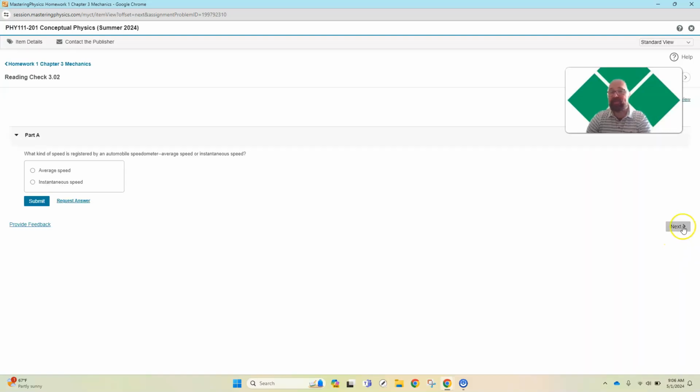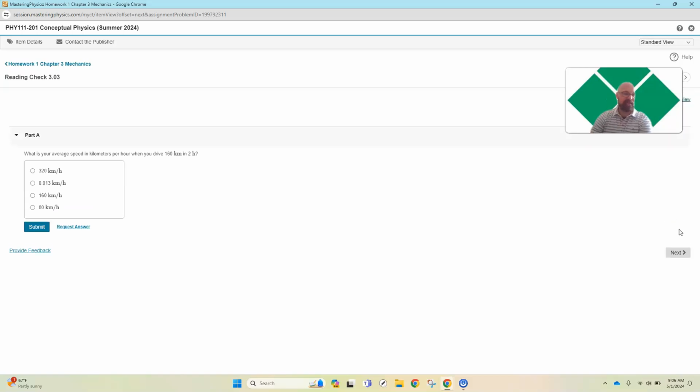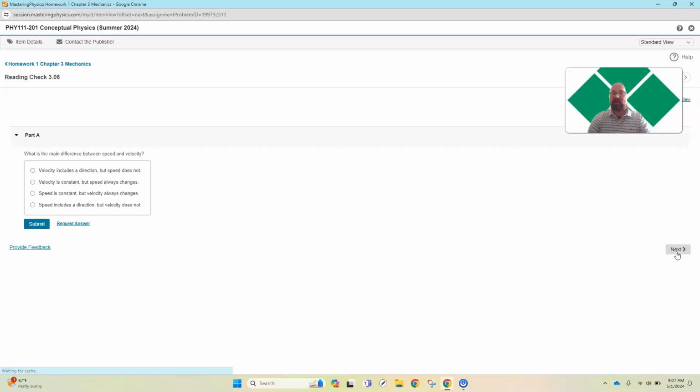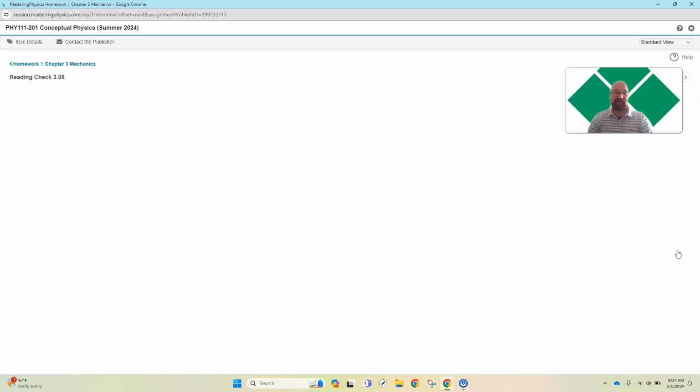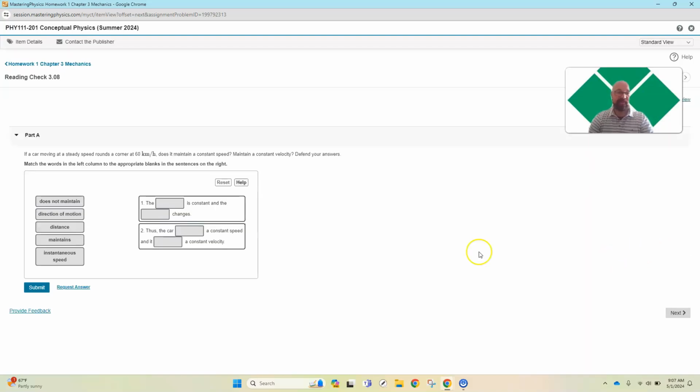It's based on the textbook, so a lot of the definitions and ideas come directly from the textbook. I might use slightly different notation or words when I'm discussing it in my online videos, but it's aligned with the textbook, which is the conceptual physics book by Yuen.